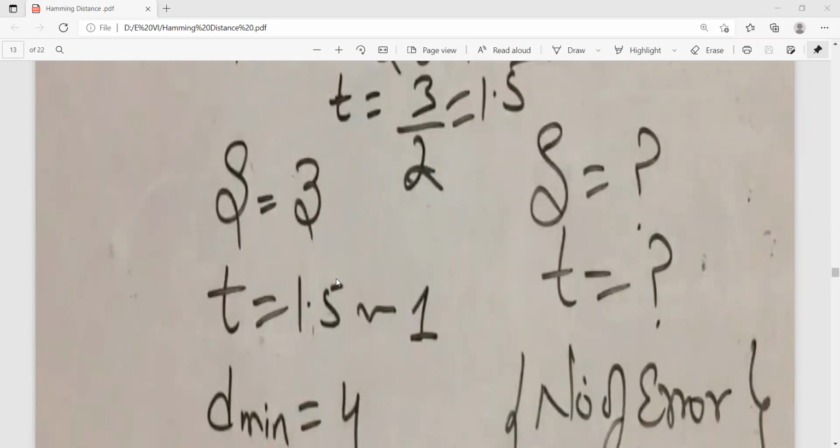Therefore it is approximately taken as 1. So the correction is 1 because of the non-availability of half bits. So S is equal to 3 and T is equal to 1.5, rounded to 1. The detected error is 3 and the correction factor is 1.